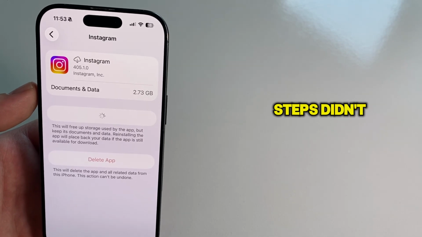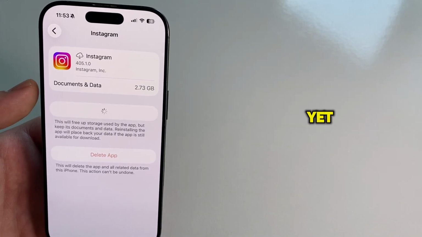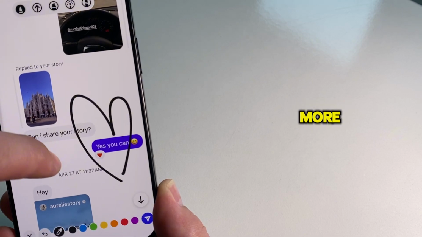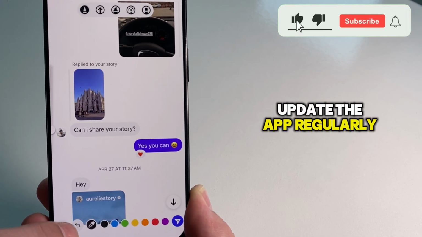If both of these steps didn't work, then this means that they didn't roll out the feature for your region just yet. Some features are available to some countries first, and other countries have to wait a bit more. So all you can do is to wait a couple more days or weeks, update the app regularly,